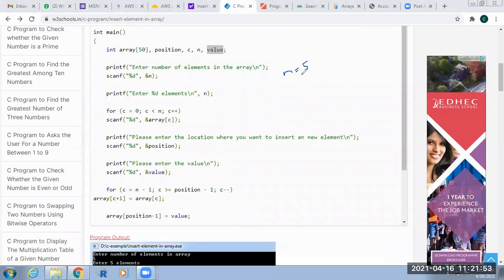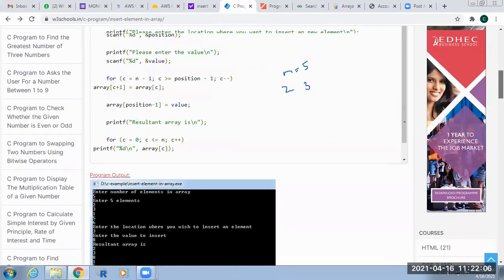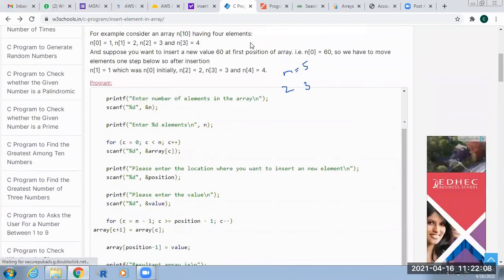Now I can insert a total of 5 values, that is 2, 3, 1, 5, 6.